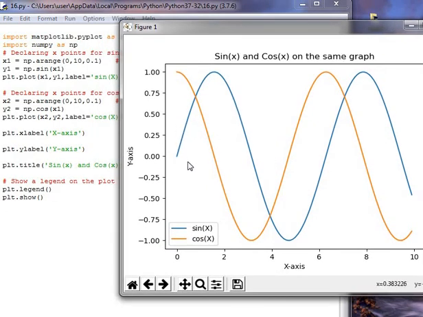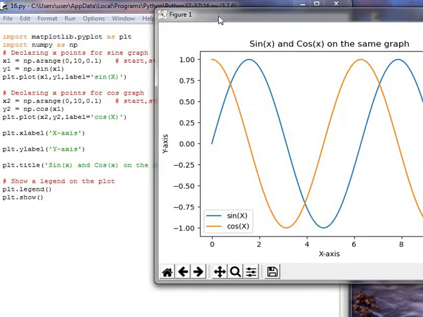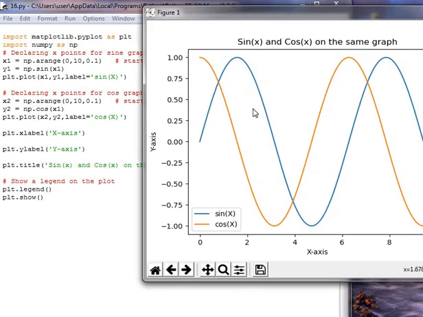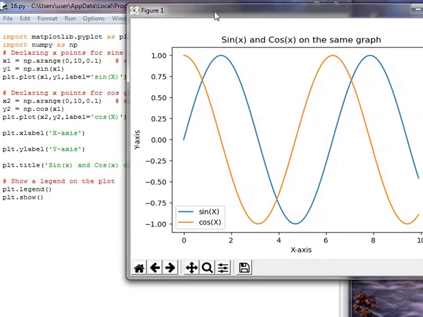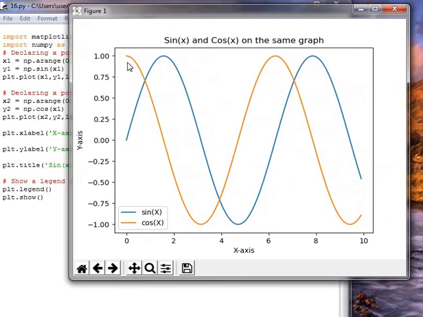Here which one is the sine graph? The blue colored one, because this is by default blue colored. In this we plot the values, start value 0, so sine 0 here, the blue colored wave. And what about the cos? We plot here also cos of 0, start value 0, but cos of 0 is 1. So in the cos wave, the wave starts from 1, because cos of 0 is 1.